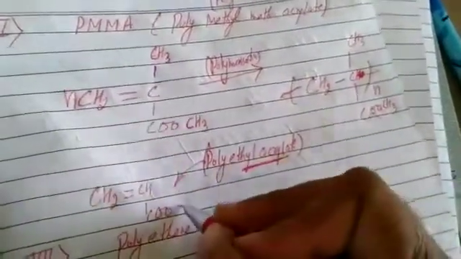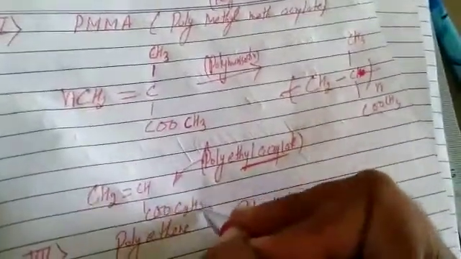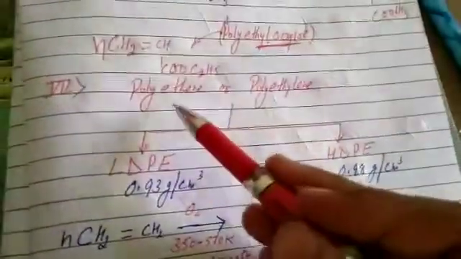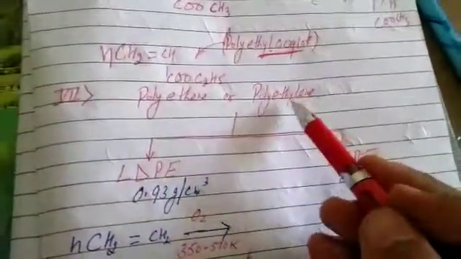At first, please do acrylic acid. Now its monomer is ethyl acrylate, that is H is replaced by ethyl group. Do polymerization in it. We got polyethyl acrylate. After this, the last one of addition polymer is polyethene, also called polyethylene, but it is of two types.